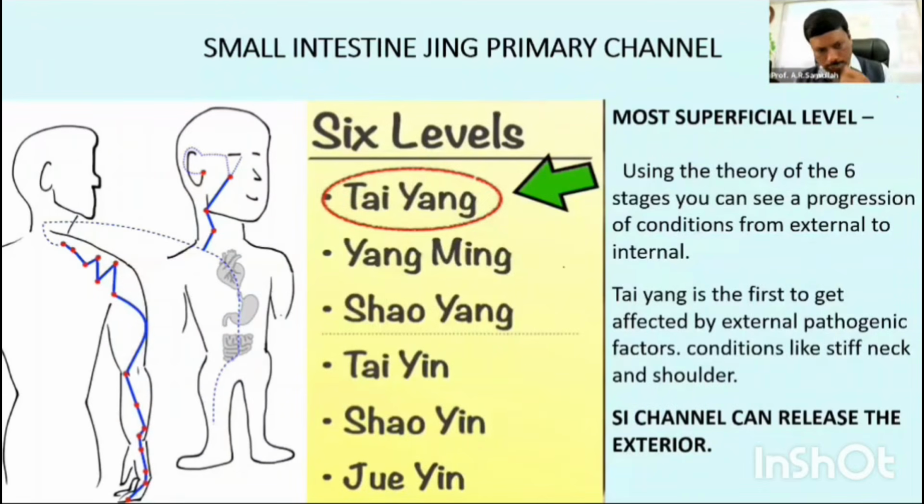Also, the small intestine primary channel communicates with two meridians. One is the small intestine meridian, the second is the UB meridian. Remember, this is the key point. There are the six paired meridians: Taiyang, Shaoyang, Yangming, Jueyin, Shaoyin, Taiyin. There are six meridians. Out of 72 meridians, the 72 meridians are divided into how many? Only the six meridians. Those are called the Taiyang, Taiyin. All are small formulas.